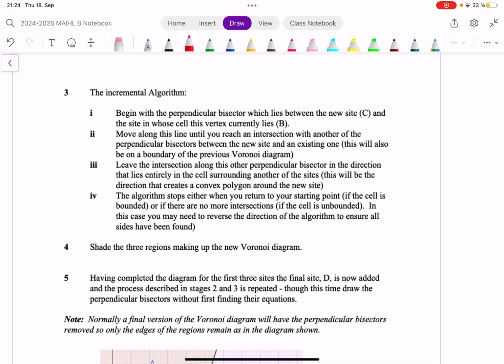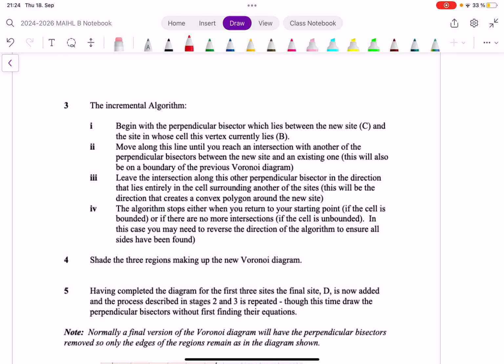This is what it says. It says begin with a perpendicular bisector which lies in the new site C, and then keep going. So you keep moving along the line until you reach an intersection with another perpendicular bisector between the new site. And then that will also be the boundary of a previous Voronoi diagram. Leave the intersection along this other perpendicular bisector in the direction that lies entirely in the cell around another one